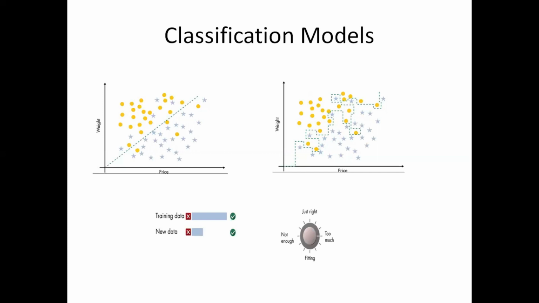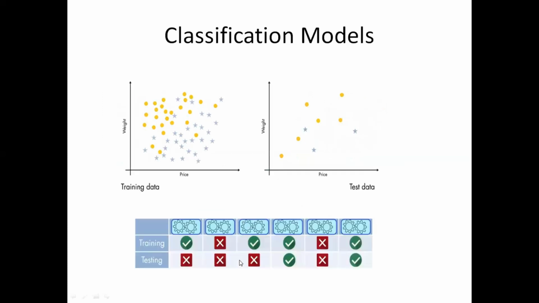For that, we need to test the model with new data. We train it with a set of data called the training data, and then we test the model using some new data which is not part of the training data. The results on this new data will tell us how good the model that we have developed is. It will tell us whether the model is not good enough, or is just the perfect model, or whether we have overfitted the model. We will see what we mean by overfitting.